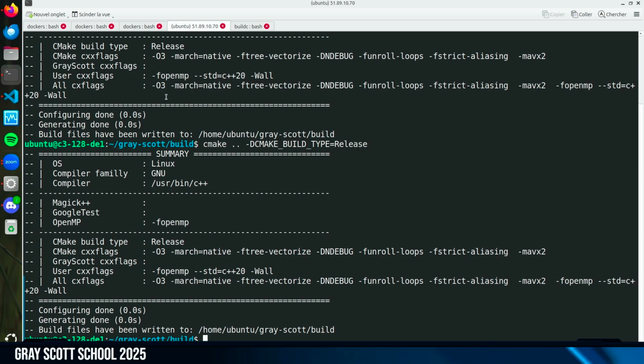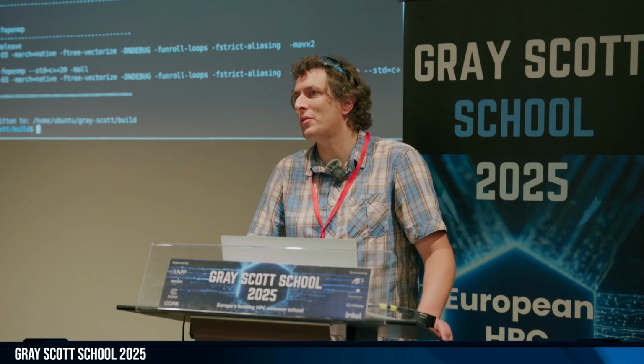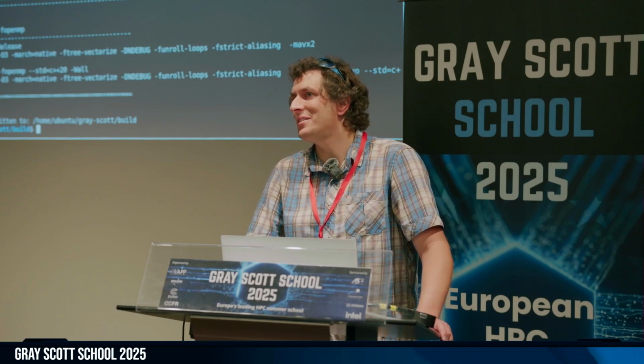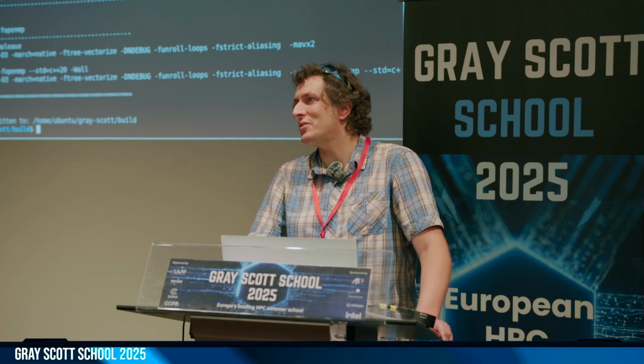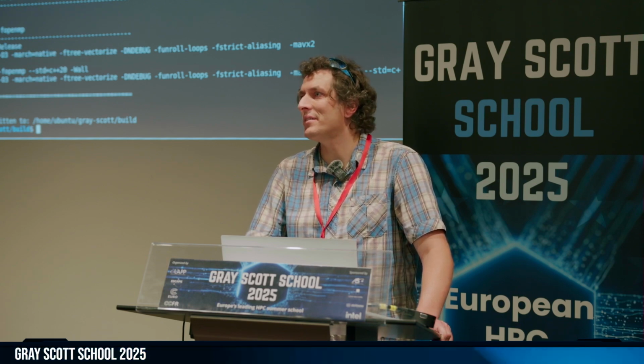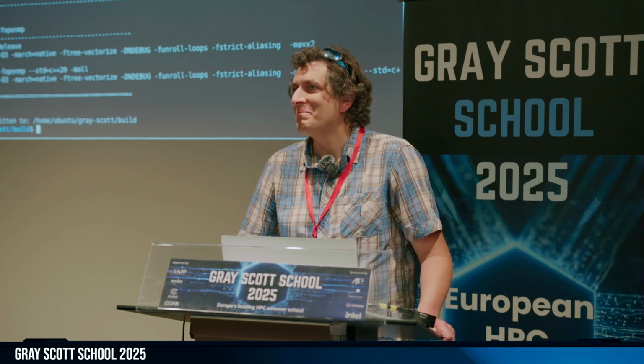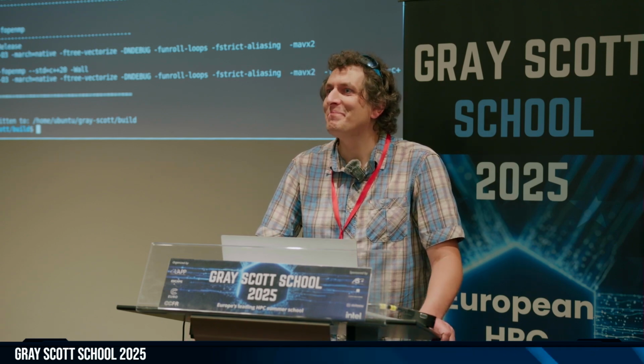This is a trick. I've seen people forgetting this option a lot of times when using CMake. I don't know why they made it this way, because release should have been the default, and then if you want debug, you ask for it. But by default it is nothing, neither debug nor release. And most people sometimes make the mistake and say, ah, the code is not performant. Yeah, but you compiled without optimization. Better? Yeah.